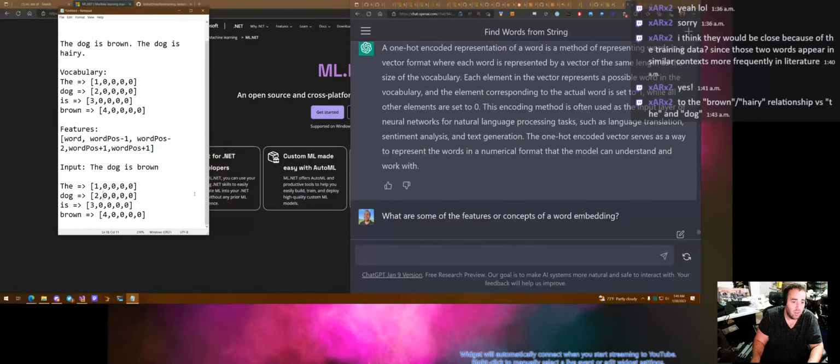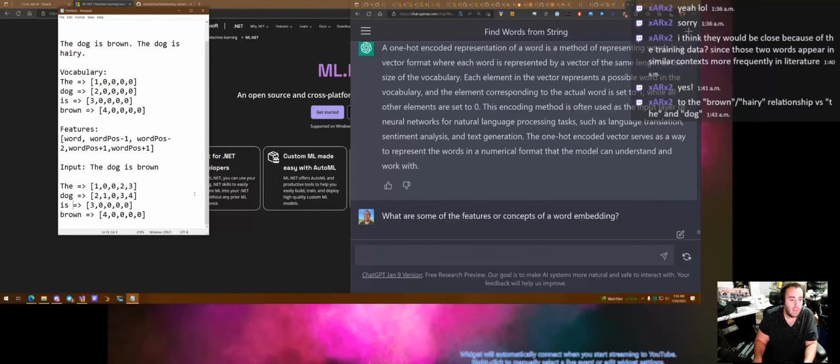I'm guessing at this, I really don't know. So word position minus one is that one. We can put 0 here because there's nothing there. So there's nothing at word -1 or word -2, but the word +1 is going to be 2 for dog from the vocabulary. Then for dog, the word -1 is going to be the, and the word -2 is going to be 0 because there's nothing before it. And then word +1 is going to be is,